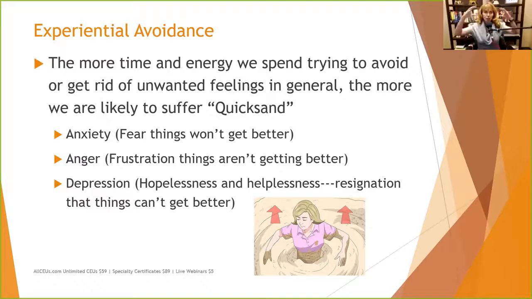If I'm looking at depression in general as this overarching all-the-time thing, and I want it to go away all the time, I'm probably going to set myself up for frustration. What we want to start looking at is the context, and we're going to get there. But emotional quicksand can be like anxiety, a fear that things won't get better. Well, when you fear things aren't going to get better, then what are you looking for? What are you going to pay attention to? Things that fulfill that idea that things aren't getting better, instead of the few things that did happen to go better. It's not going to change overnight, but a few things got better.